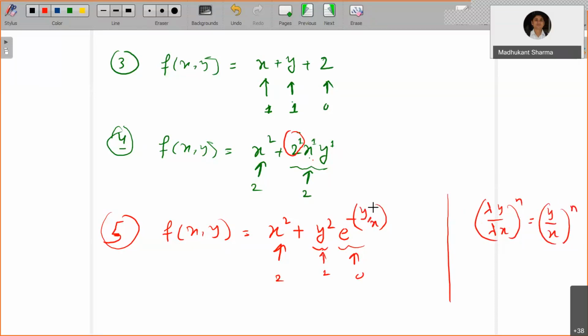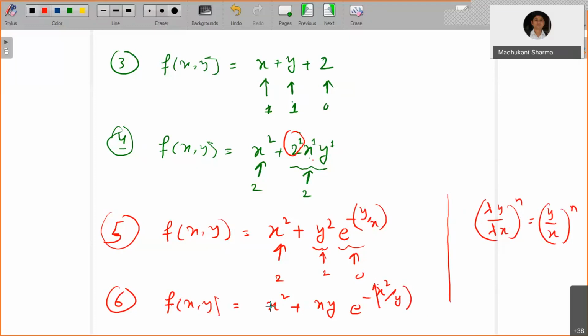Or in other words, because they are sitting as a ratio, the denominator and numerator are both of degree 1, so 1 minus 1. When you have a product, you have the sum of the indices. When you have a division, then you have the difference of the indices. So 1 minus 1 is 0, so it is of degree 0. Okay, so that's one example. Now another example you can see: let me have x square plus x times y e to the power minus x square by y.